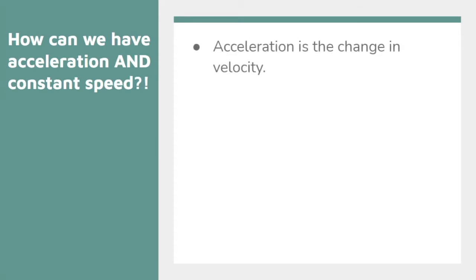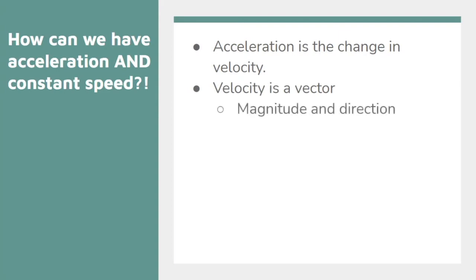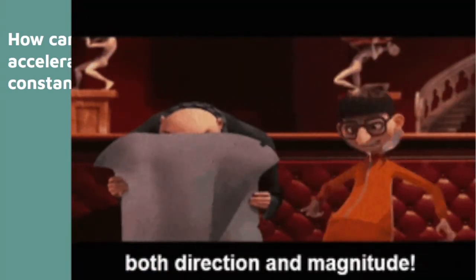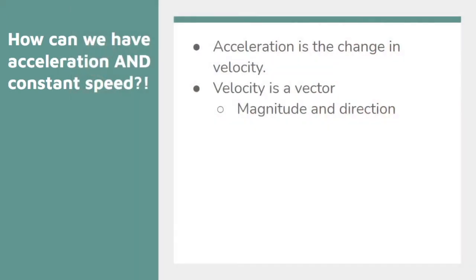Let's go back to what we said about that. Something important to remember is that velocity is a vector. And what's a vector? A vector is something that has magnitude and direction. So the key takeaway here is that velocity has magnitude, which is a size associated with it, how big, and also direction, which tells us what way it points.